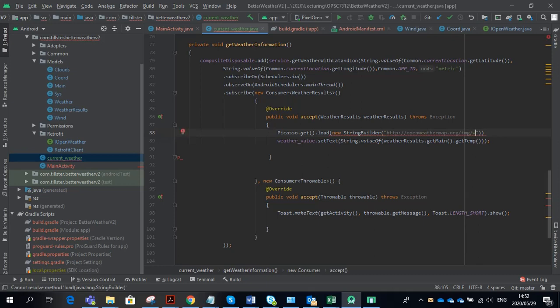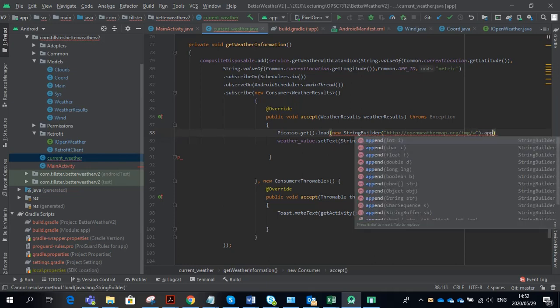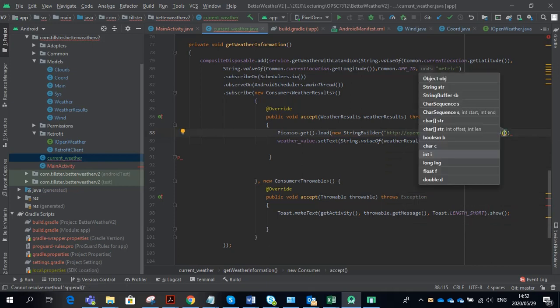I think I broke this. I think we're going to say .append, and to it we want to add,